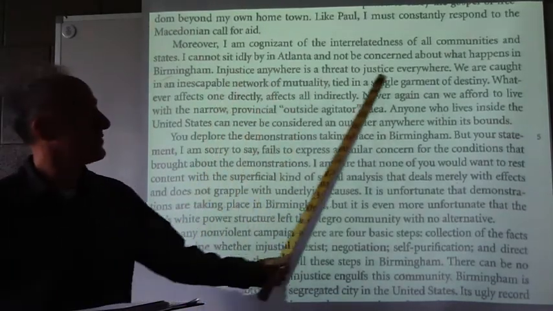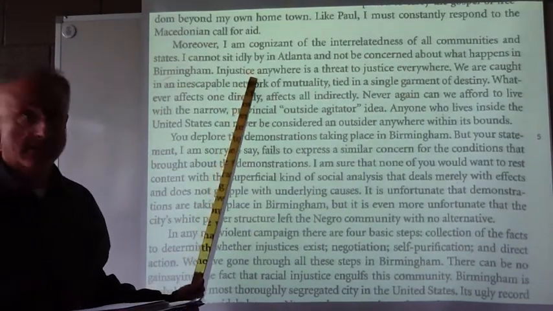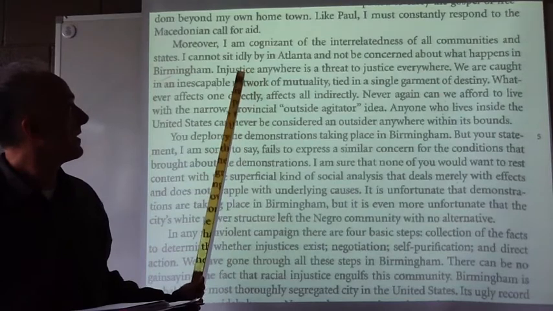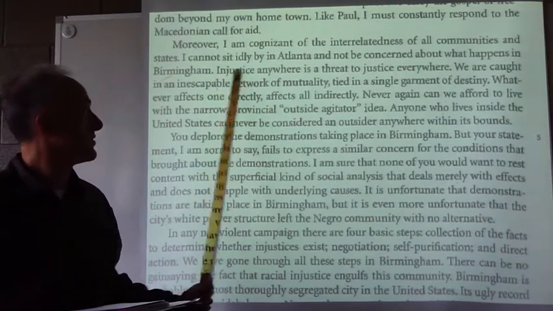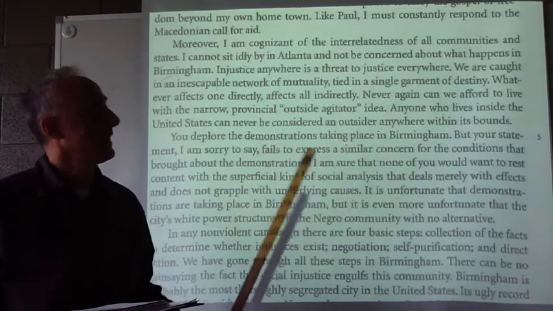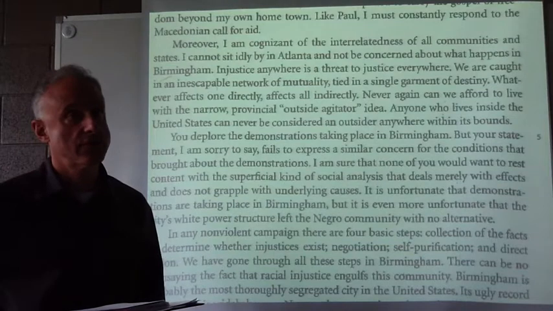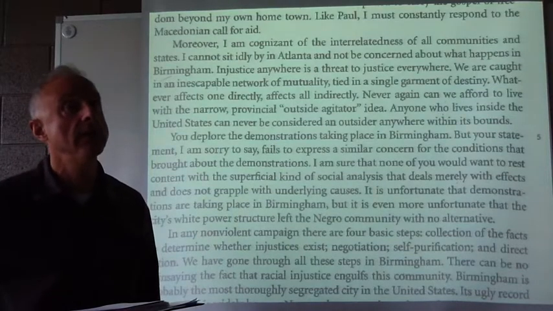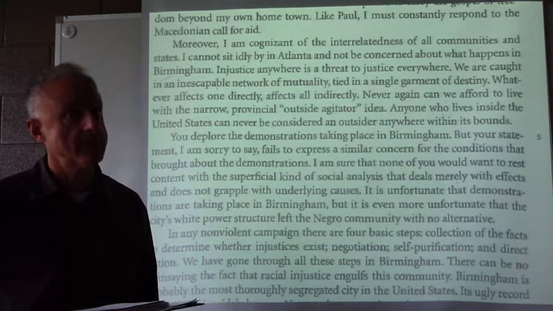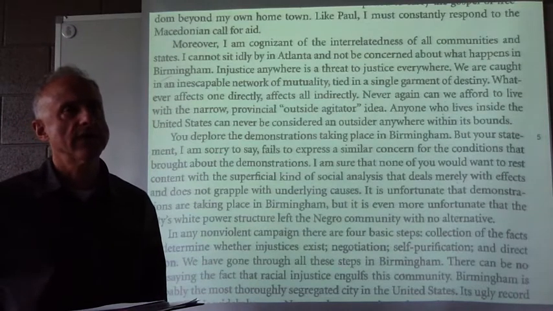Injustice anywhere is a threat to justice everywhere. This is an antithesis because of its opposition. Injustice, justice, so opposite; anywhere, everywhere. It just happens to be worded and structured in a very parallel way. Antithesis doesn't have to be, but this one is. What's the benefit of constructing antitheses?